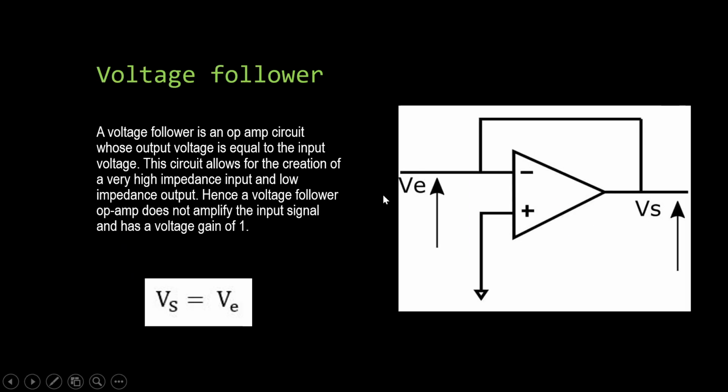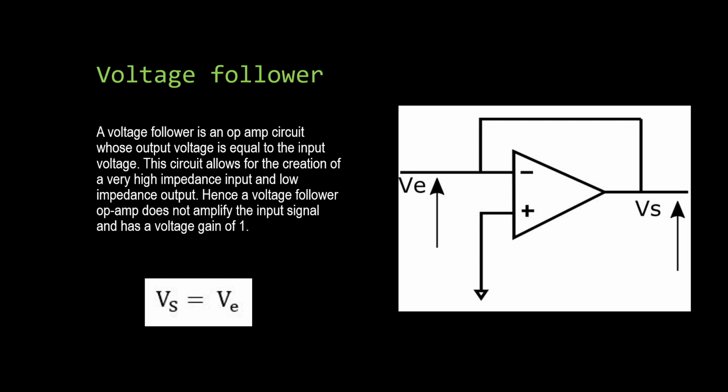The first example that I take up is the voltage follower. The voltage follower is an op-amp circuit whose output voltage is equal to the input voltage. This circuit allows for the creation of a very high impedance input and low impedance output. Hence, a voltage follower op-amp does not amplify the input signal and has a voltage gain of 1. The circuit allows for a high impedance input and low impedance output